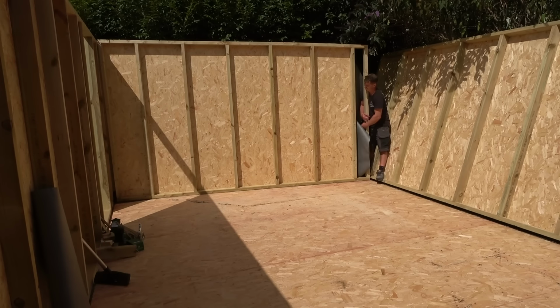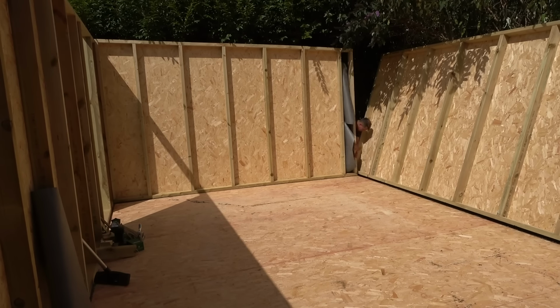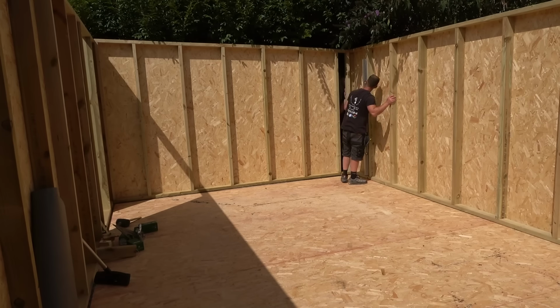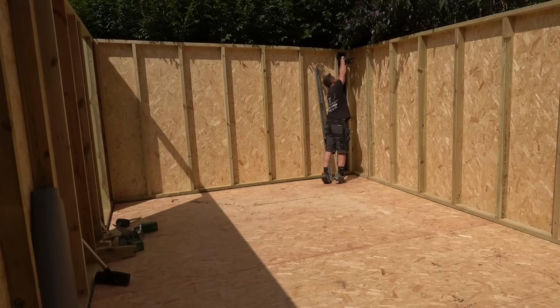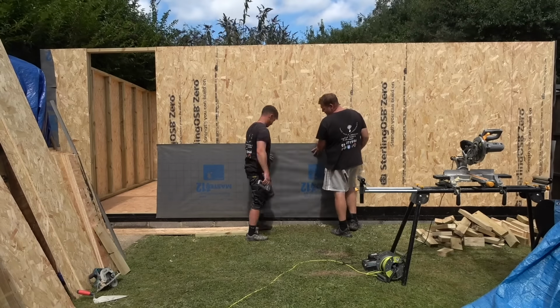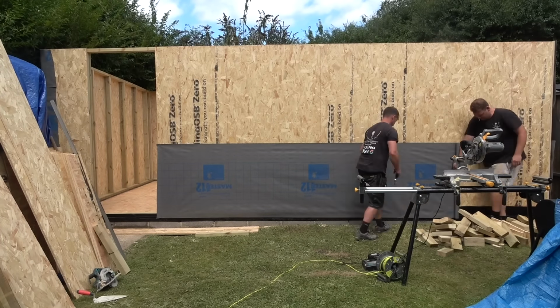And as you can see there, we've not actually put the end panel in. I think that was for design, so that they could manipulate it and get it in place, and that panel will be put in afterwards. There is a little walkway all the way around, so we can gain access all the way around the building